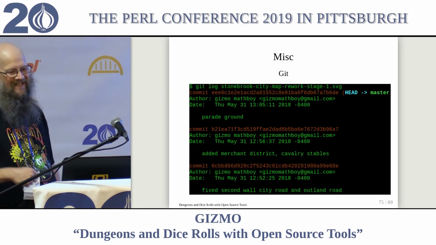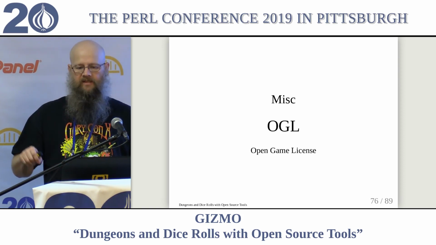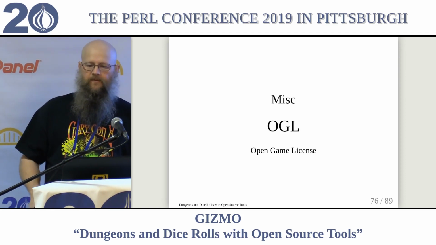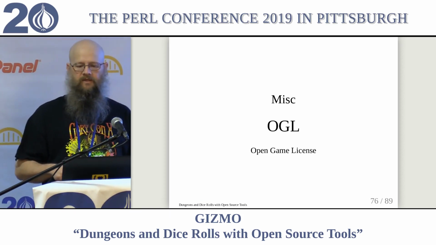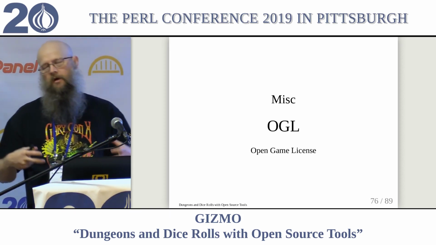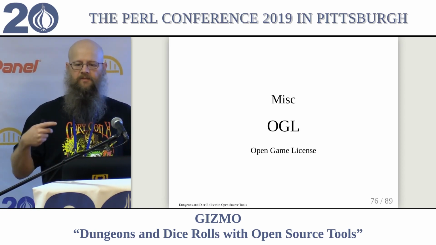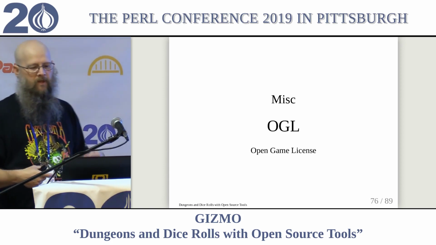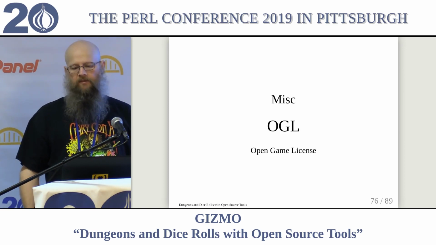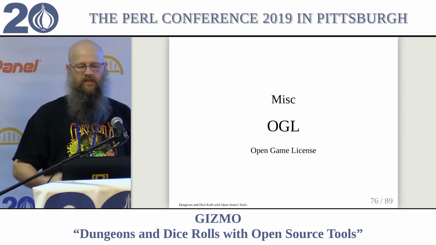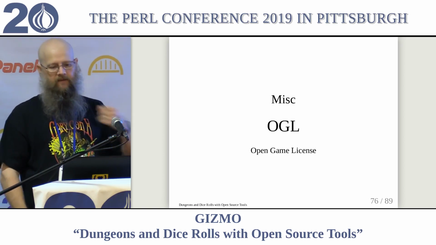So this one really isn't a tool I use, but it does make possible the things I like to do in terms of the games I play. The OGL, or the Open Game License, was created by Wizards of the Coast, the people that currently own the trademark and copyright for Dungeons & Dragons. They did this in 2000 to license portions of their 3rd edition game to help amp up third-party people to publish material for the game. They created this System Reference Document.